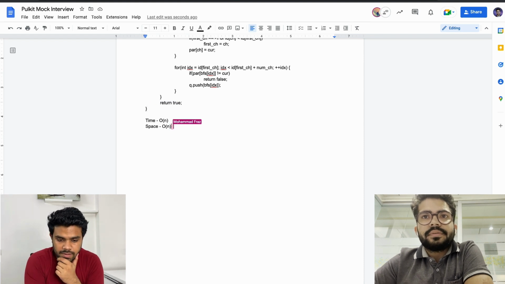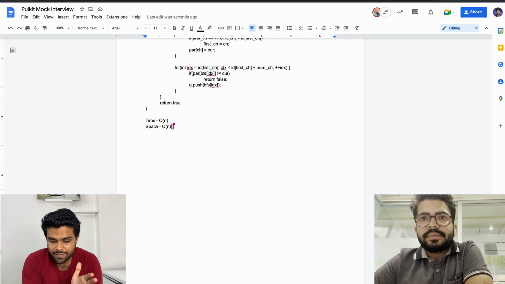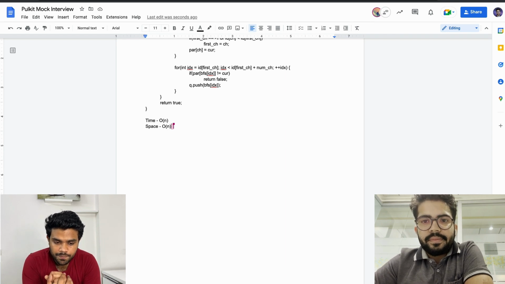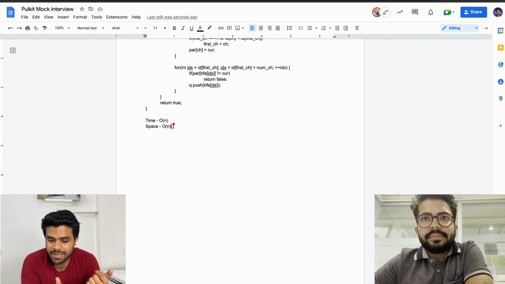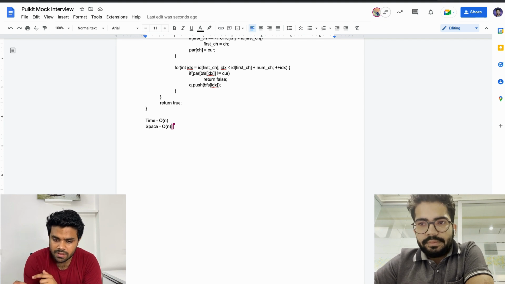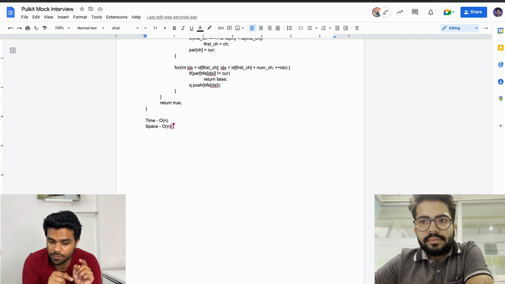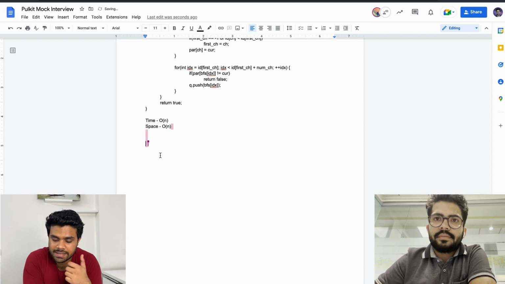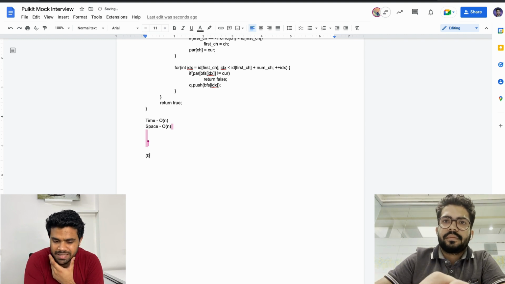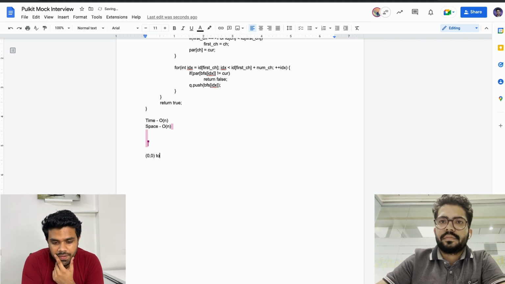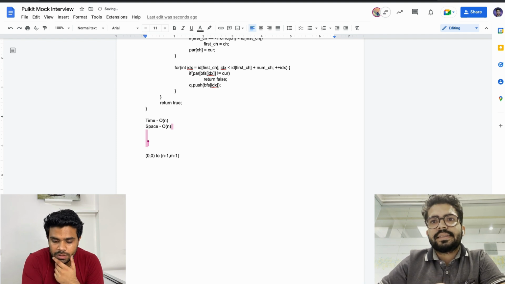Sure, let me ask this question. So basically, you are given a 2D grid, and you basically have to tell the shortest path in which you can reach from the cell 0, 0 to the cell n minus 1, m minus 1. Let's consider this to be a zero indexed grid. So you have to reach from the topmost left cell to the bottommost right cell in the shortest path. How many steps would it take? You can go in any direction and all the cells are unblocked.